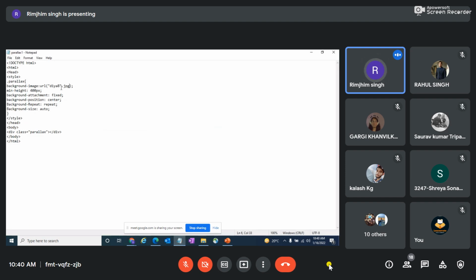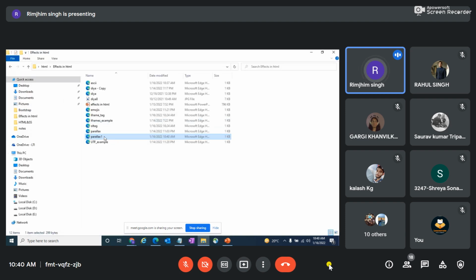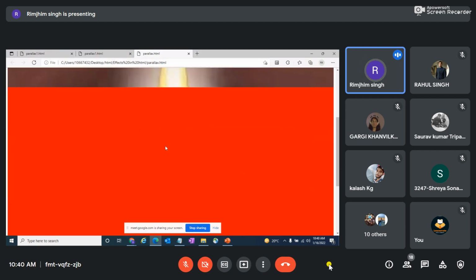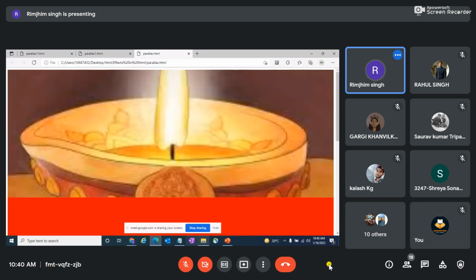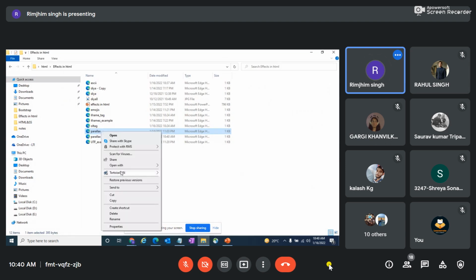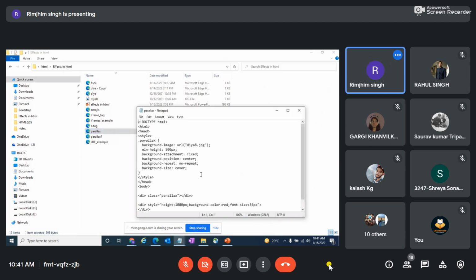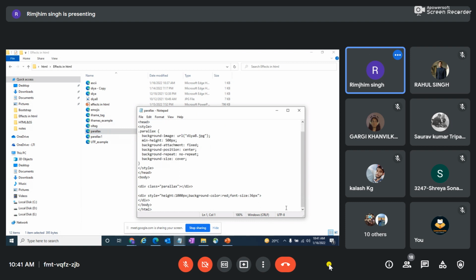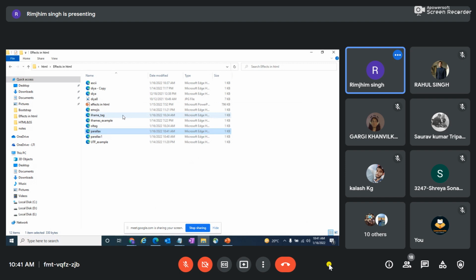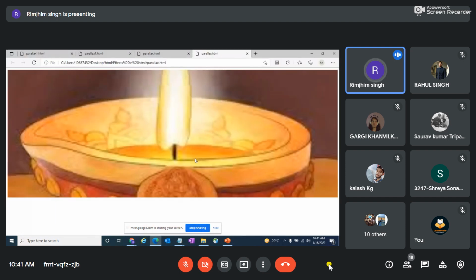I guess I have added a quote here already. I guess this happens when either your program is not taking the image, or like yesterday when I ran it here, it was taking my image. And if you see here, the scrolling effect is proper. Just run the running one. See, as I told you, this is just a normal aspect. Even if I remove this in my program, it should not matter. It was just the background color and the height and width which was showing.